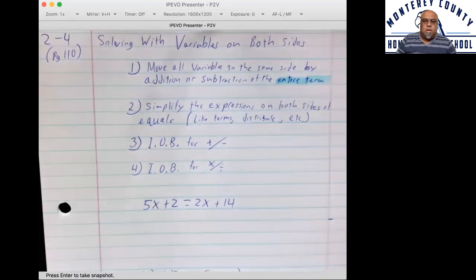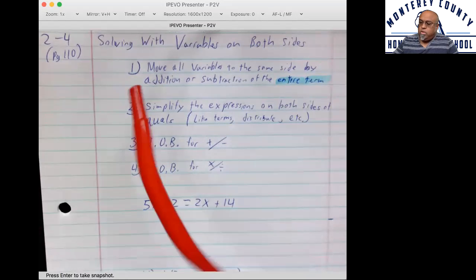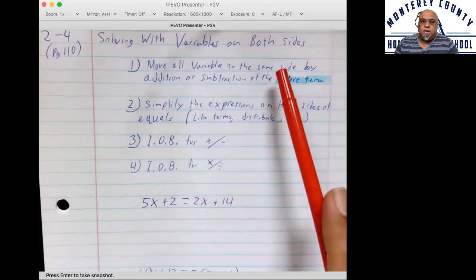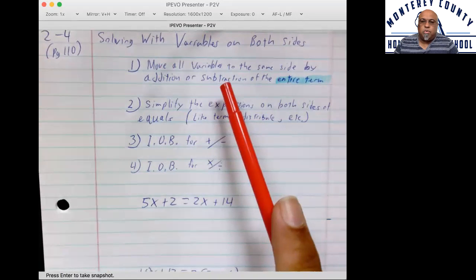Okay, hope that's okay. This is lesson 2-4 in your book. It's on page 110, solving with variables on both sides. So here are the rules. Rule 1, the first step would be to move all variables to the same side by addition or subtraction of